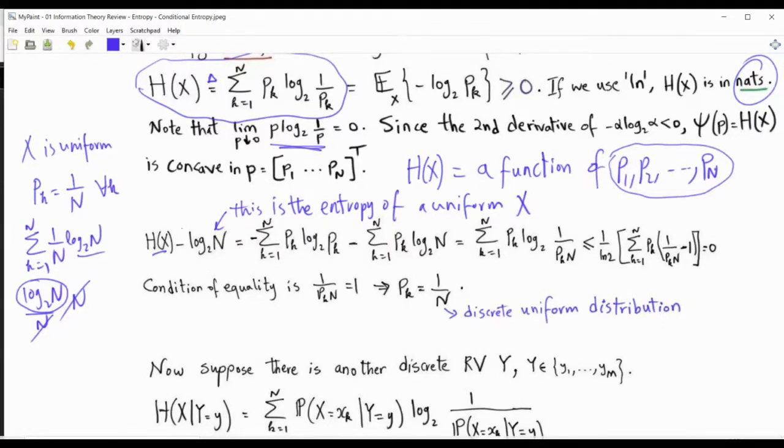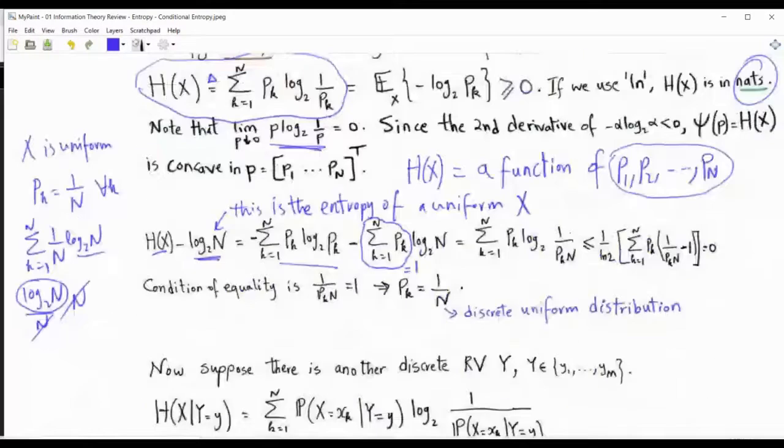So what you can do is write down the formula for h of x, and then for this log n to the base 2, you insert this summation here, which is equal to 1 because it's a PMF, and then you combine the two sums, so that you can basically write it as a single logarithm, log 1 over bkn to the base 2,